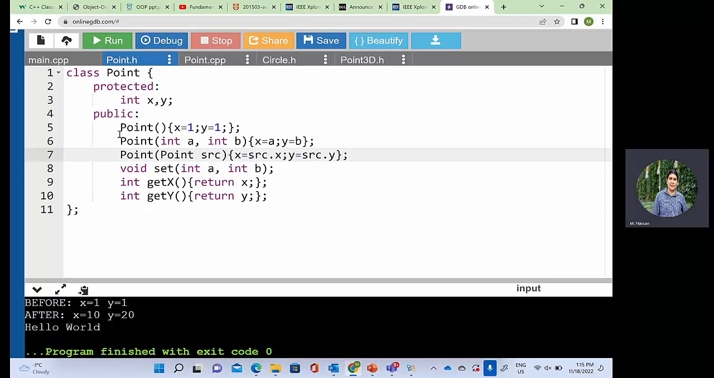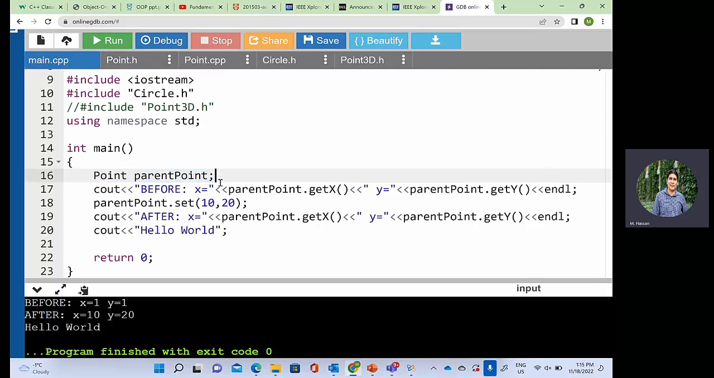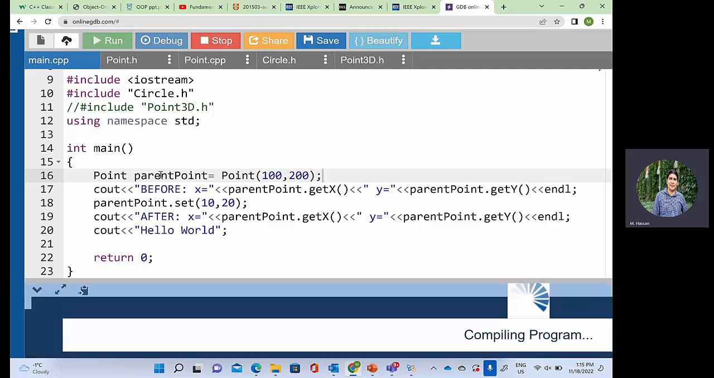Let's really see how to use the different ones. Here we have seen how to use this one, which is parent point. It gives you 1 and 1. But if you say point parent point equal point, and then give the values you want, let's say 100 and 200, you are just passing the input parameters while you are creating the object, instead of having it as a second step for the set. So if you run that,